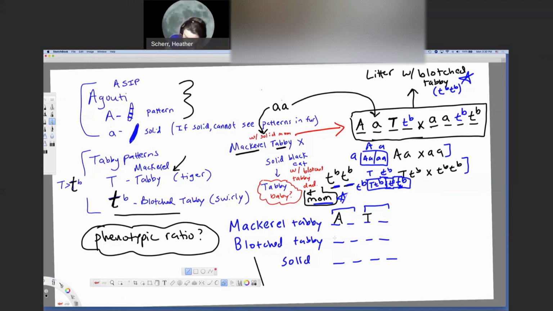So to be blotched, you again have to have the ability to have a pattern. And then, to be blotched, you have to have